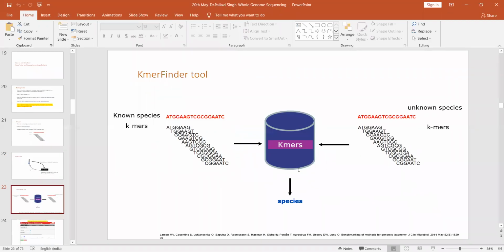So this is a k-mer tool having the data of known species. The unknown sequence is broken, like I had shown you the sequence here, ATGG, AA, GTC, this red one, this entire sequence. This is broken into k-mers, 1, 2, 3, 4, 5, 6, 7. Size 7, let me use the annotation. This was my unknown sequence. I have to find out what the species of this sequence is. So first it will be broken into n number of k-mers. So it has been broken into k-mers of size 7.